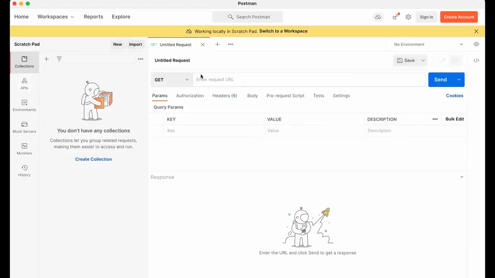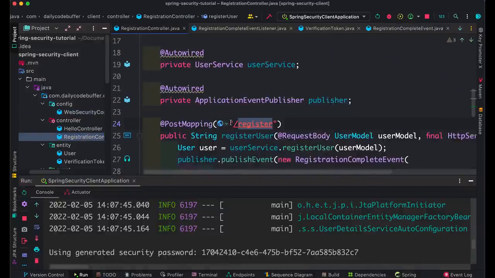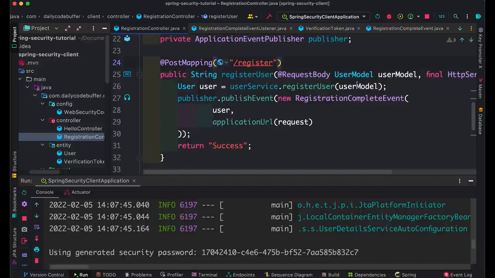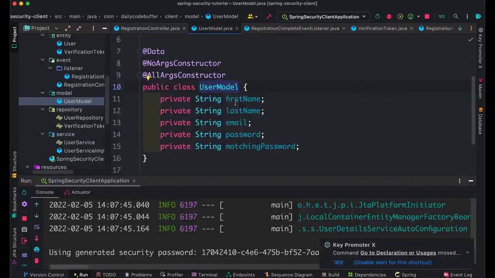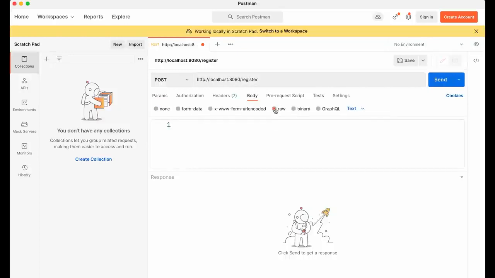Let me create a new request over here. This will be a POST request, and the URL is http://localhost:8080/register. Let me reconfirm. We'll go to the registration controller. Register is the URL, and we are going to use the input parameters over here, that is the first name, last name and everything. So let's define in the body, raw, JSON, and let's define